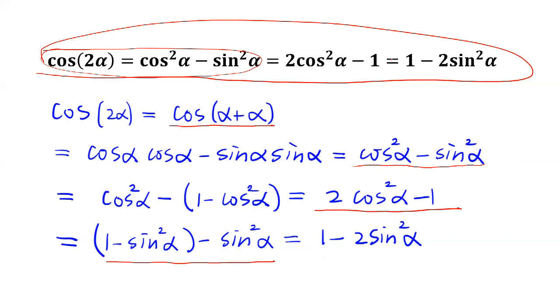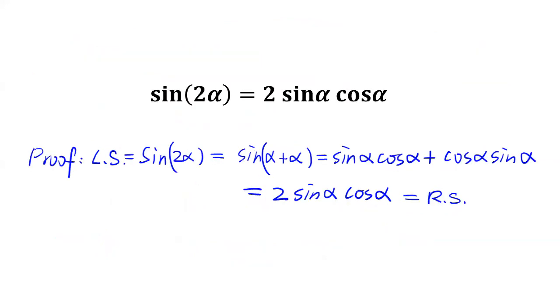Okay, any questions? No? All right, so let's have a look at the next one. The next one states that sine twice of alpha is actually twice of sine alpha cosine alpha. Okay, so in order to prove this, note here sine twice of alpha is actually sine alpha plus alpha,